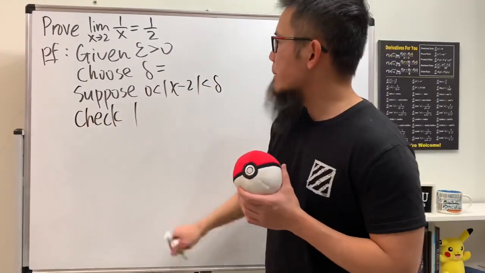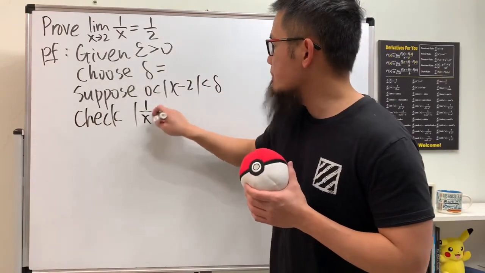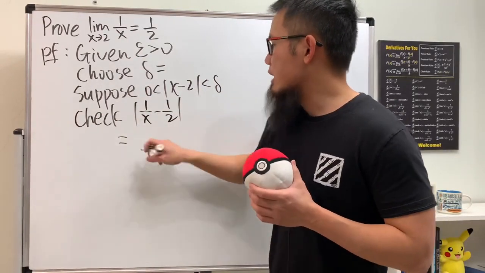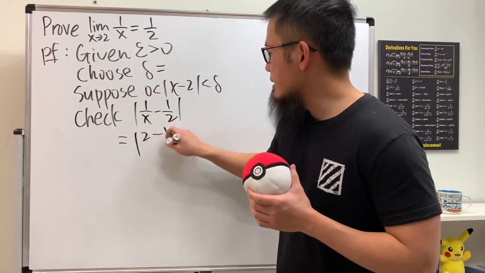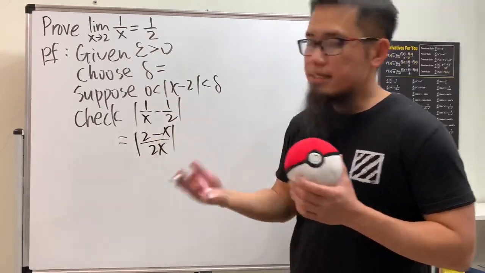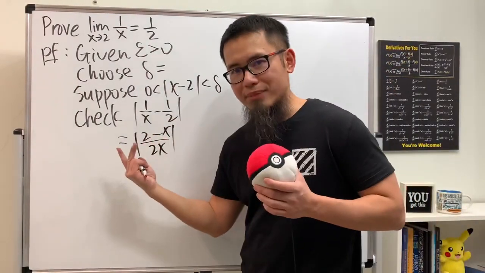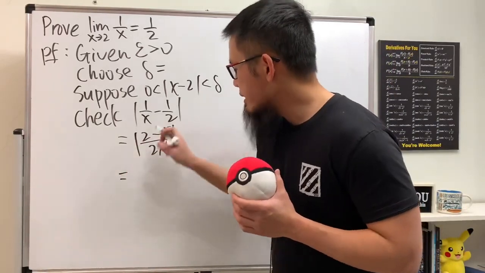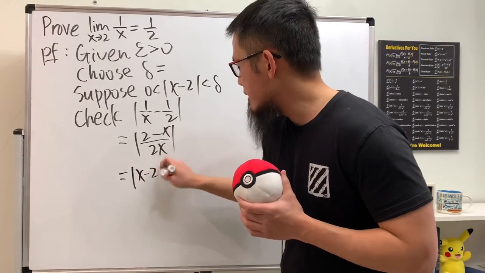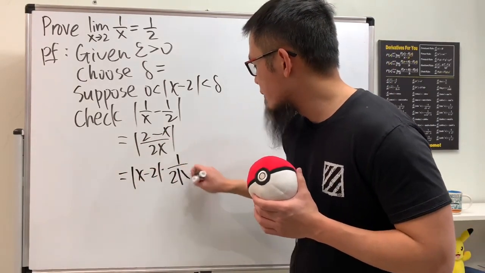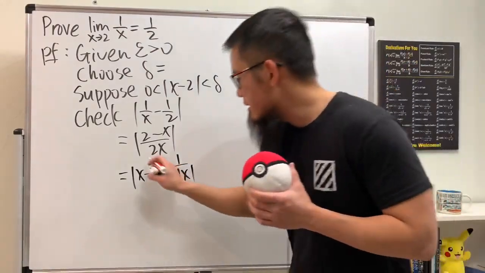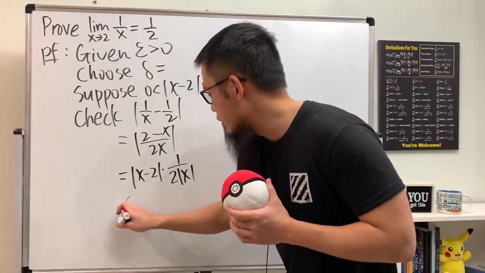We're going to put down the absolute value of this minus that, which is 1 over x minus 1 over 2. And of course, combine the fractions, we'll get absolute value of 2 minus x over 2x. And inside the absolute value, the order of subtraction doesn't matter. And we're going to break this down and write this as absolute value of x minus 2 like this, and multiply by 1 over 2 absolute value of x. Aha! Now you can see that this guy is less than delta, so of course we can put that down right here,